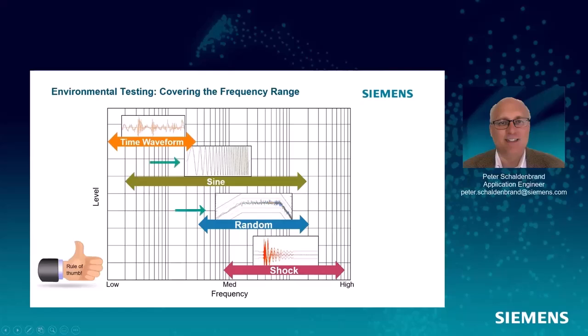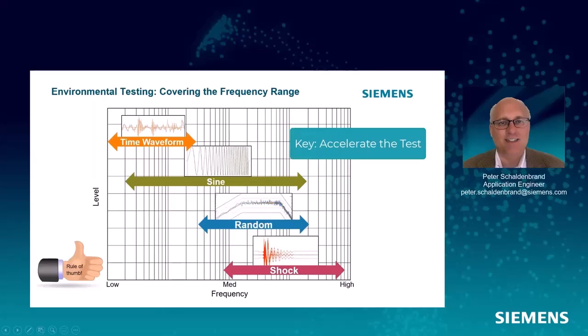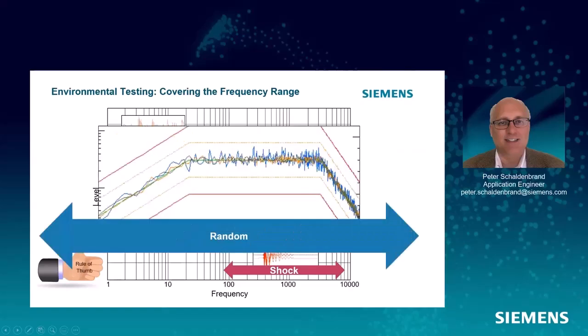What we're going to cover is developing sine and random tests. We will cover just briefly that we can calculate a fatigue damage spectrum, which we'll talk about later, from a combined modes test. The other thing I may not have mentioned is that not only do we want to replicate the field damage, but we want to replicate it in a faster manner. If in the field it's 1,000 hours, we want to develop a 5-hour or 10-hour test to get that damage and replicate the same failure mode.